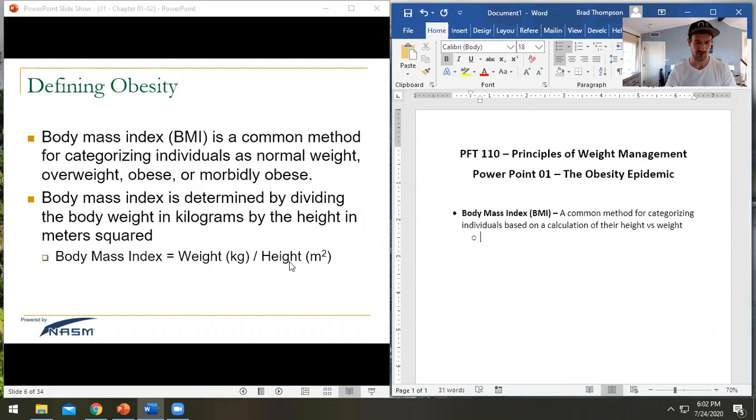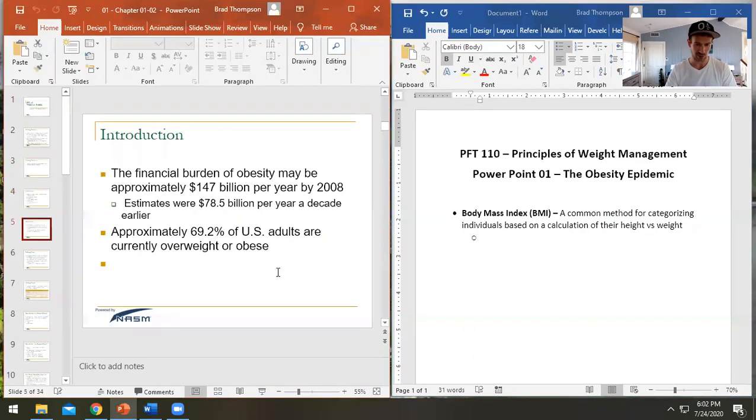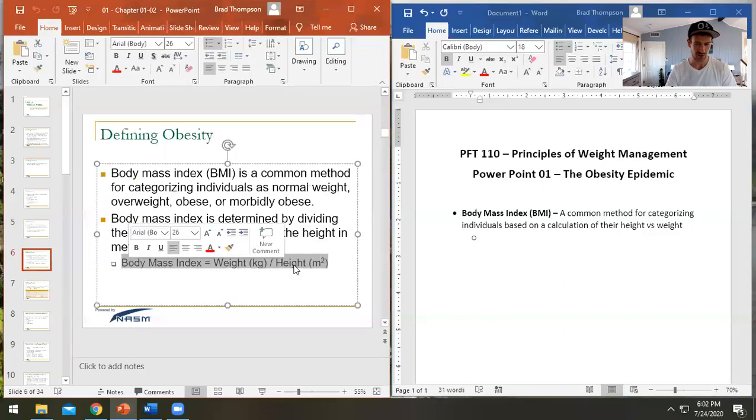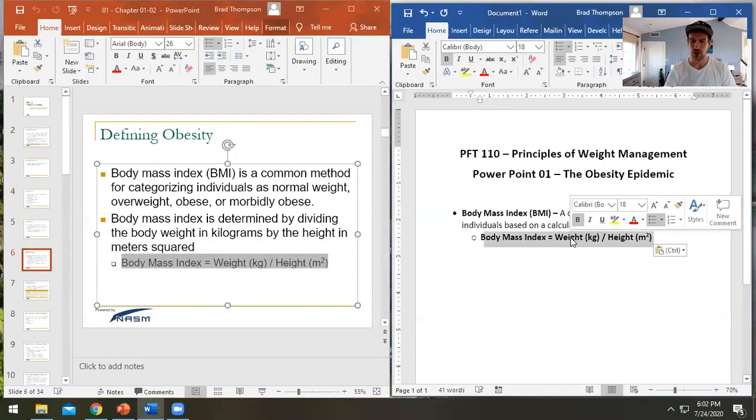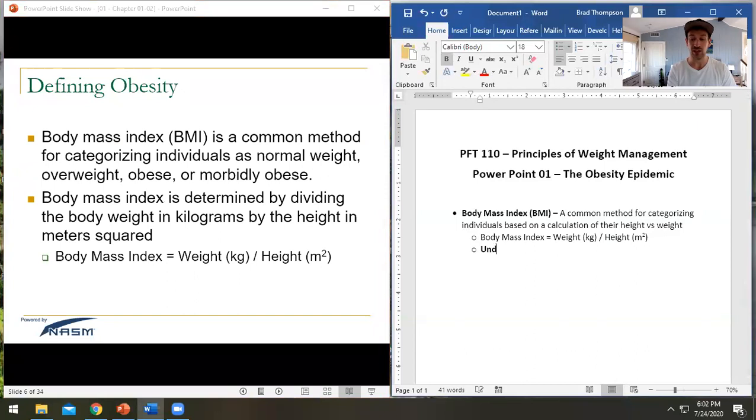I want to be smart here and not have to remember how to do that, so I'm going to copy and paste. Body mass index is your weight in kilograms divided by your height in meters squared, right? And so all of our different categories: we have underweight, which is a BMI of less than 18.5. Got to make sure I get those brackets in the right place, because I've screwed that up a million times. We've got normal weight,